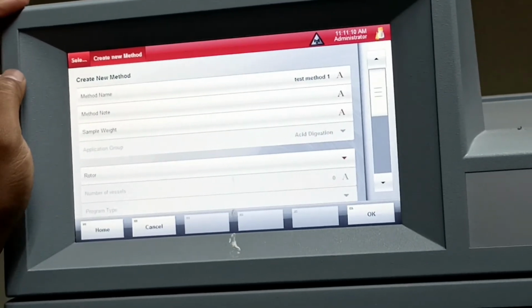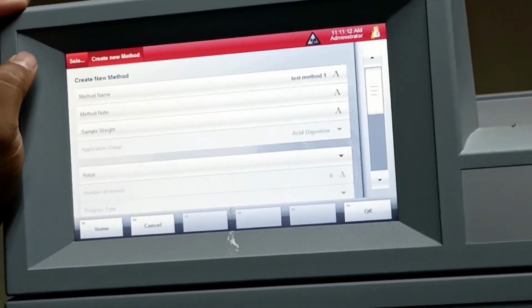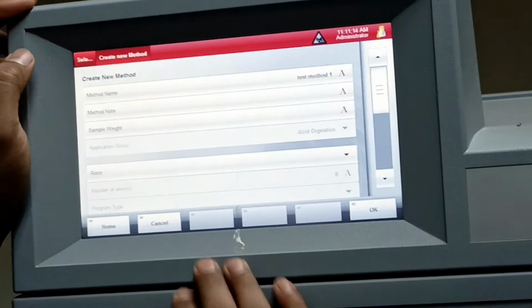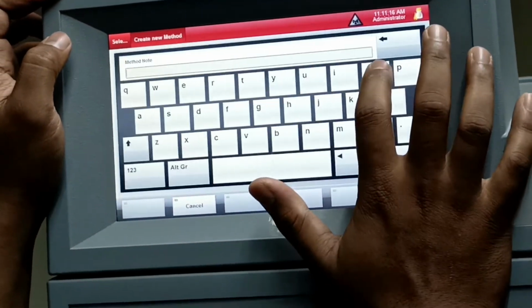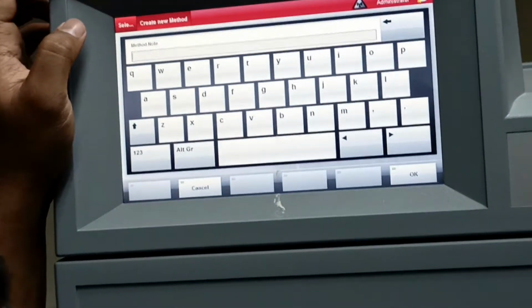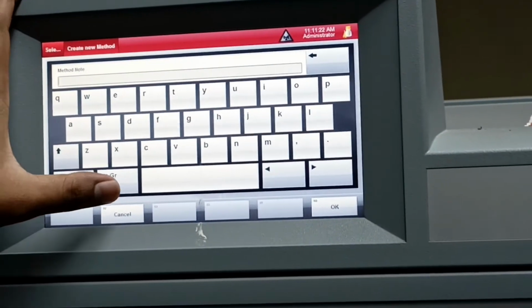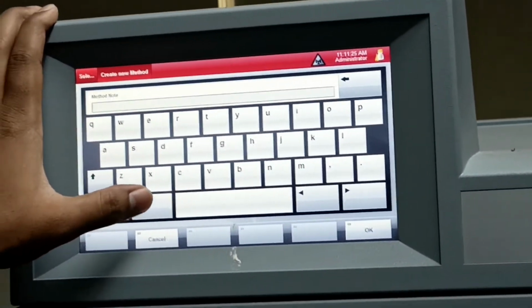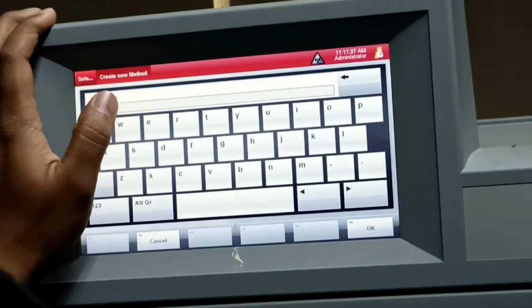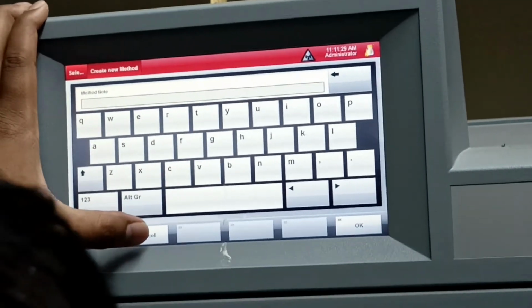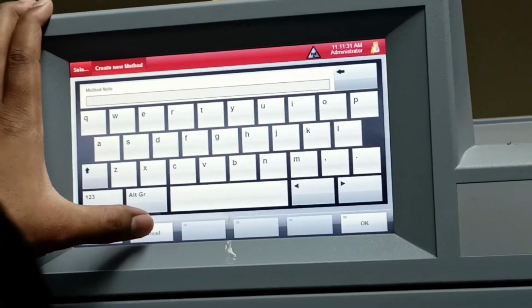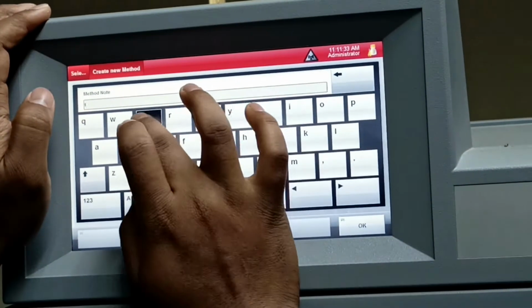The second tab, sample ID or something like that, is method note. If you want, you can write something onto it, but it will not impact your experiment or the method. For example, you can put a batch ID or a sample naming there, or it may be kept blank also.